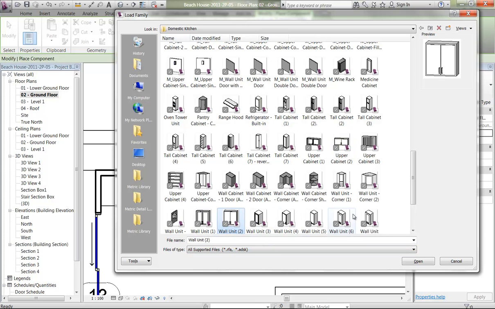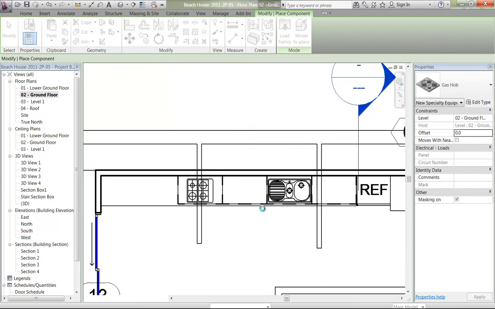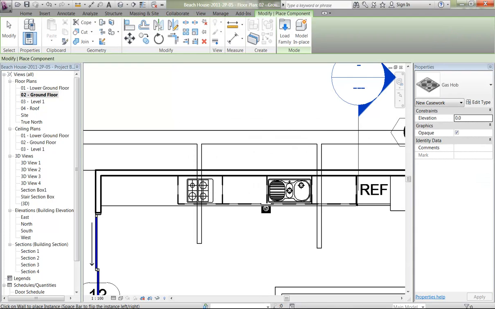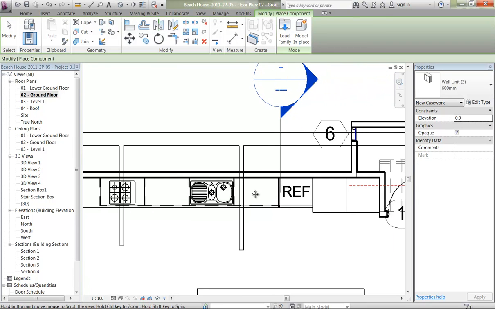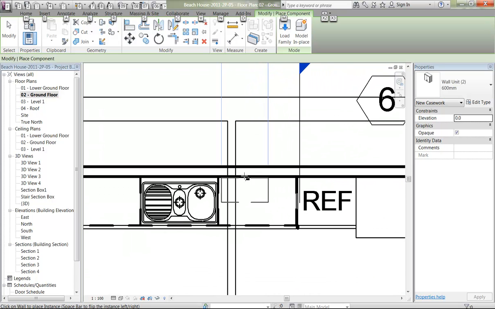So you just need to look through the library and see what's most appropriate, and you will need to use your own judgment here. And if you use the program regularly, these things are fairly easy to work out. But if you don't, then it can all seem a bit strange. Okay, so I'm going to just click to place this roughly in plan,